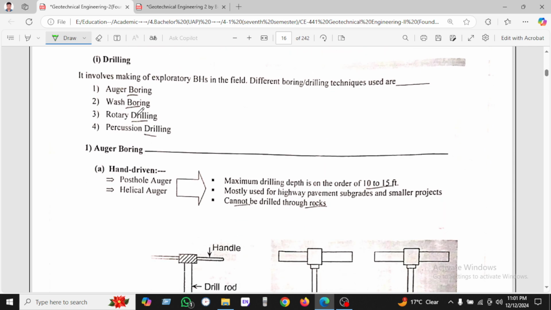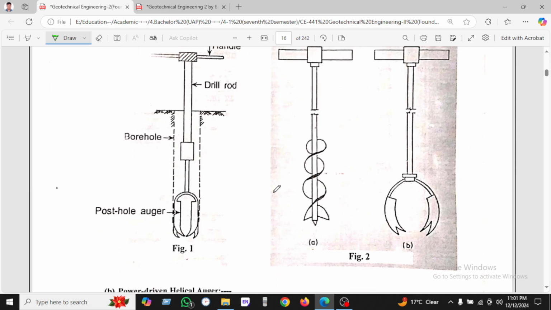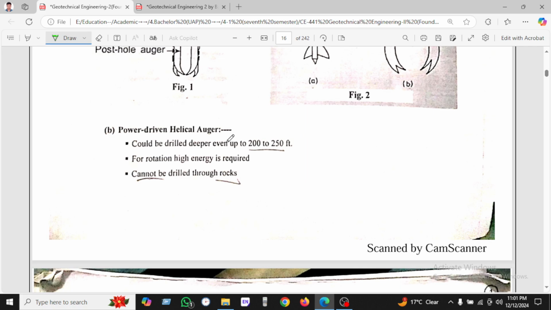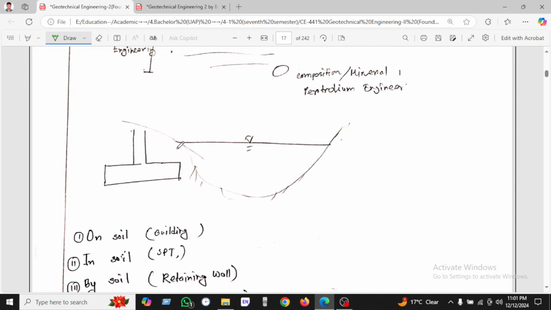Angle drilling means angle boring, wash boring, rotary boring, percussion boring. Angular boring is like this. This is the post angle and borehole drill hole. And we can see here